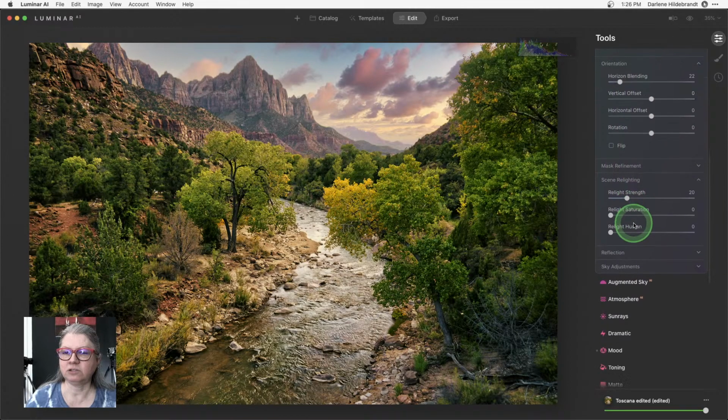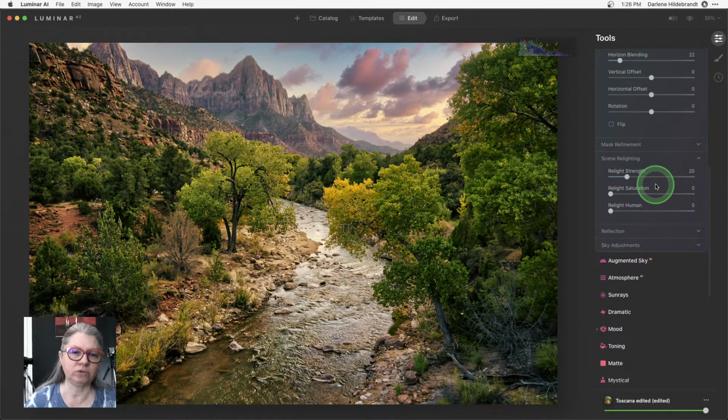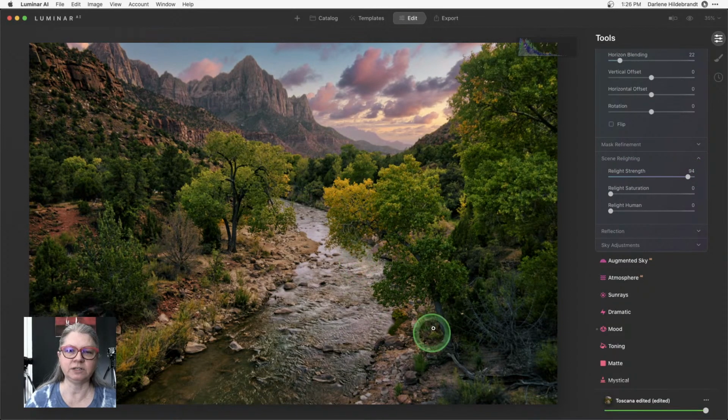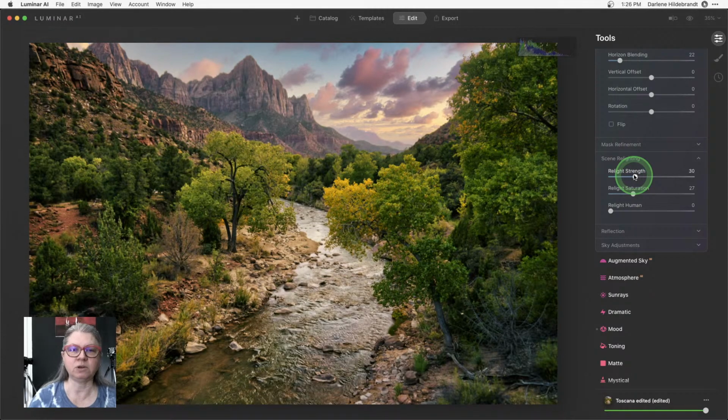Then I'm going to go down to scenery lighting. Now this is the one that really works great because when you put a new sky in, the sky has a lot of pink in it. Okay? So if I increase the relight strength, it's going to match the rest of the image with the sky a little bit better. And you can also match the color saturation. Okay? So I'm going to go somewhere in the middle on this one as well.